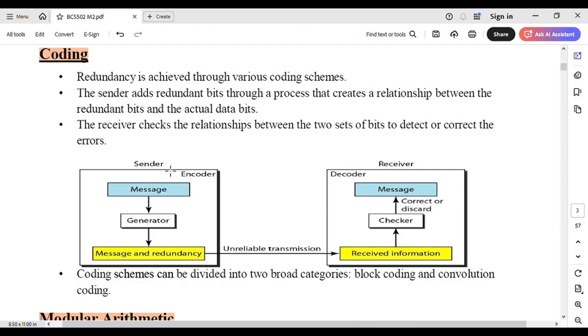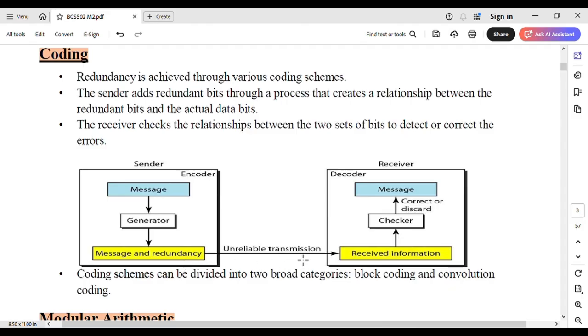This is the sender, and here is the receiver. We have the encoder at the sender and the decoder at the receiver. The message is present, the user wants to send data. Through the generator, it generates the message and redundancy, that is, whatever coding is applied to generate the redundant bits. The message and the redundancy are then passed on to the unreliable transmission medium,